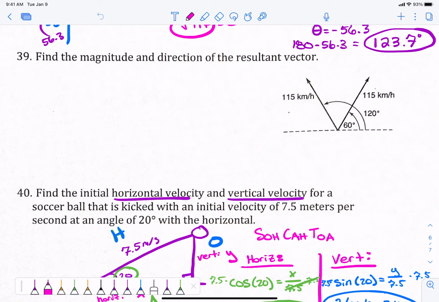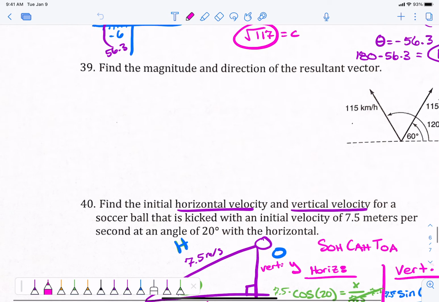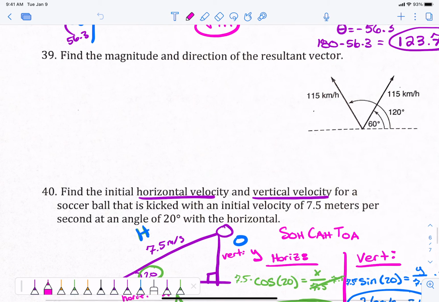This is just number 39 of the review. This is the last problem and it is a doozy. You will need pretty well this entire area to write with, so write a little bit small. In 39, we have two vectors and we are trying to find the resultant vector, which means the vector or the